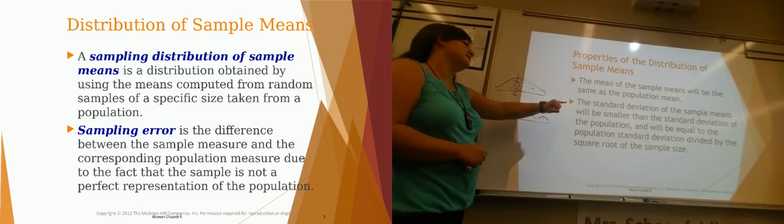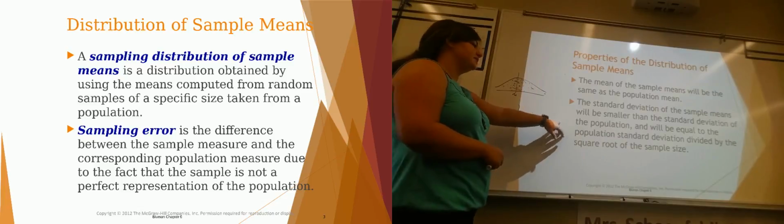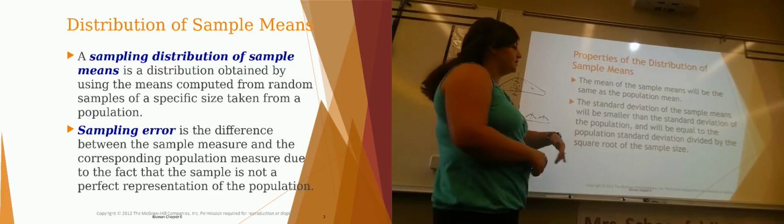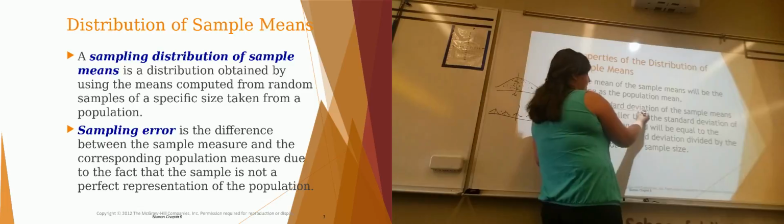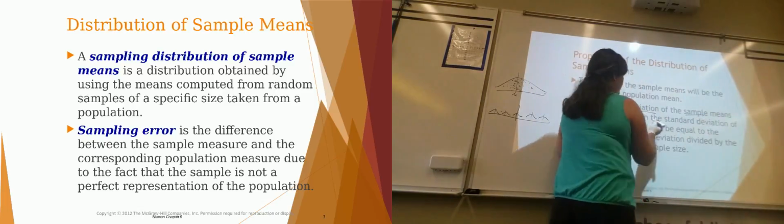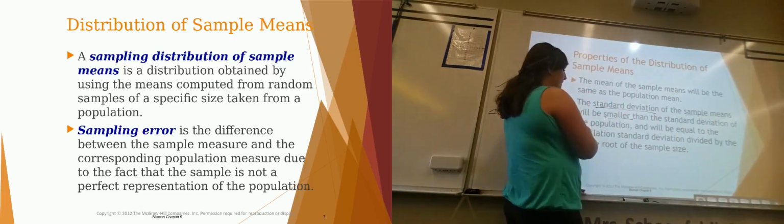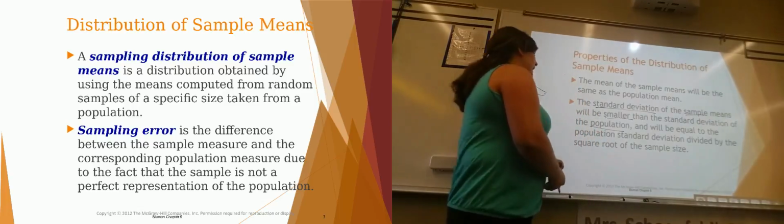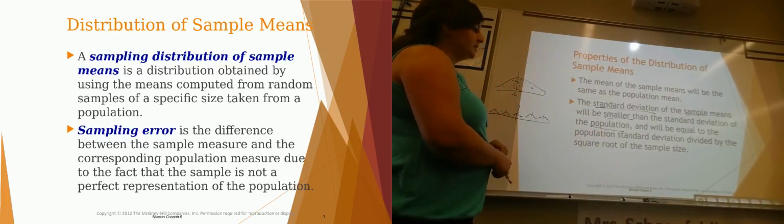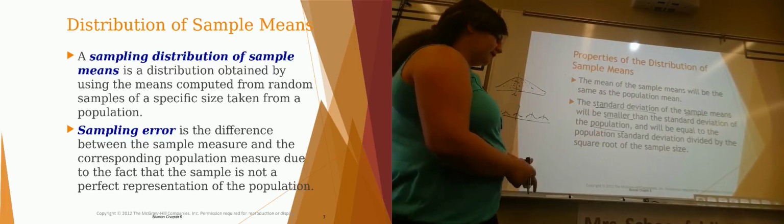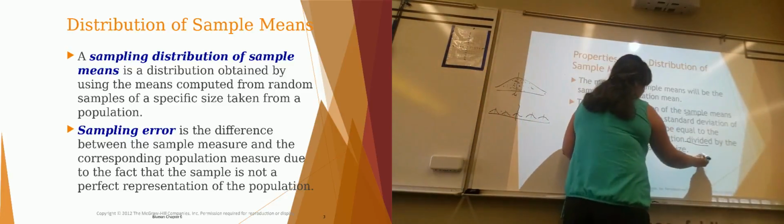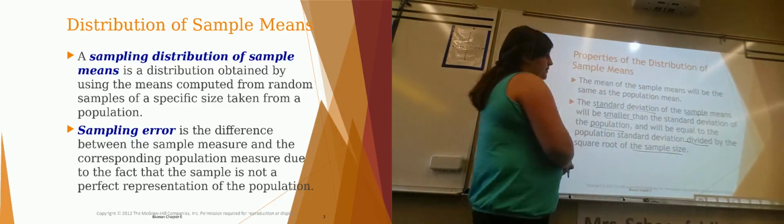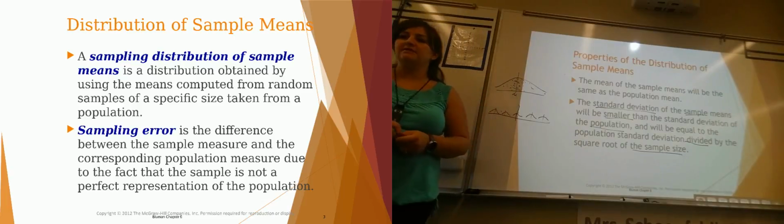The standard deviation of the sample means will be smaller than the standard deviation of the population. Okay, so the standard deviation of the sample means is smaller than the population one, and will be equal to the population standard deviation divided by the square root of the sample size. So we'll actually have a formula for that. Okay, so we have this,